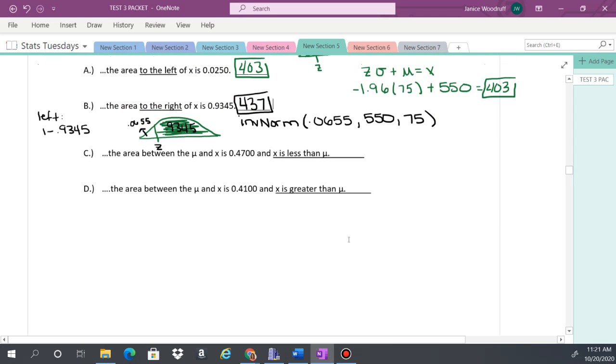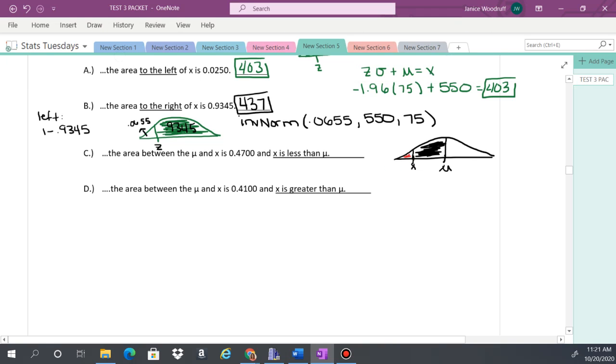Okay, so for C and D, we have the area between mean and x is 0.4700, and x is less than the mean. So what is this saying? All right, so my mean is in the middle. X is less than the mean, so maybe it's like right here. And the area between it is 0.4700. So all of this is 0.4700, which means I want,